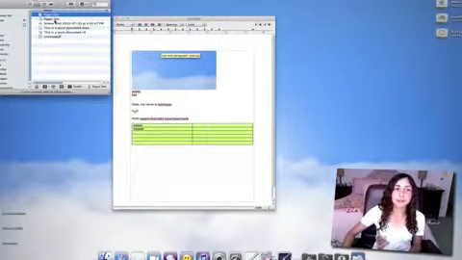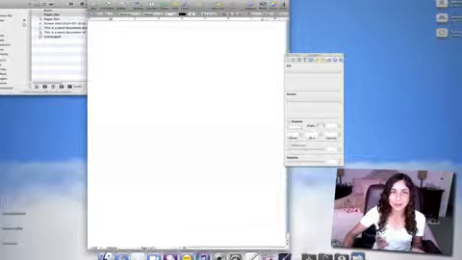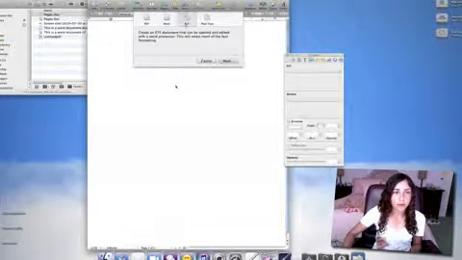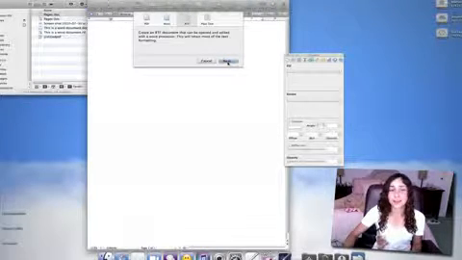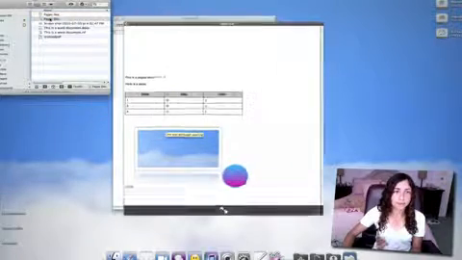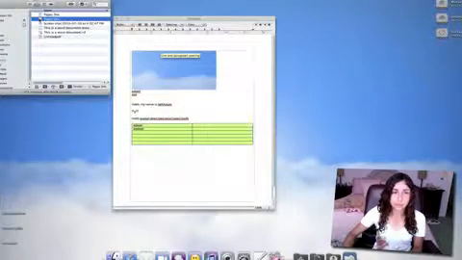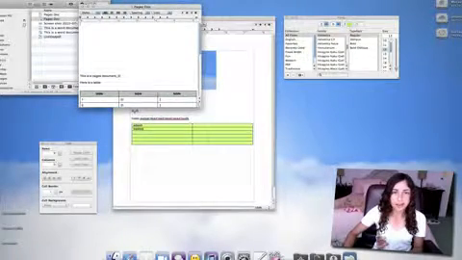So what you're going to have to do is ask your friends, whenever they make a Pages document, go to File, Export, and make sure that they export it as an RTF document, a rich text format document. So I did that, and here's the document. So now I can open this in TextEdit, and as you can see,